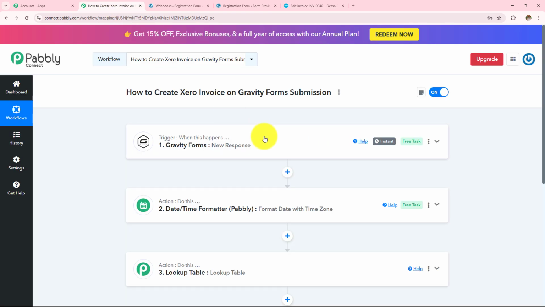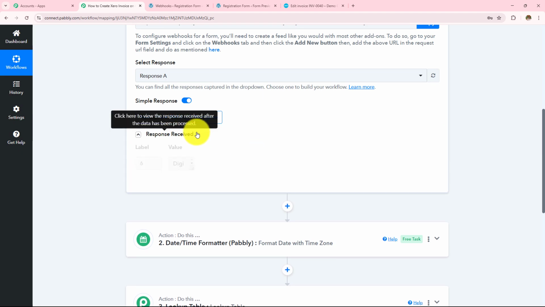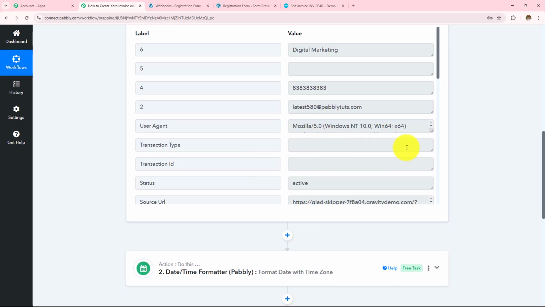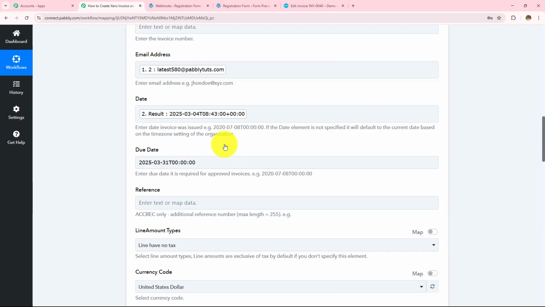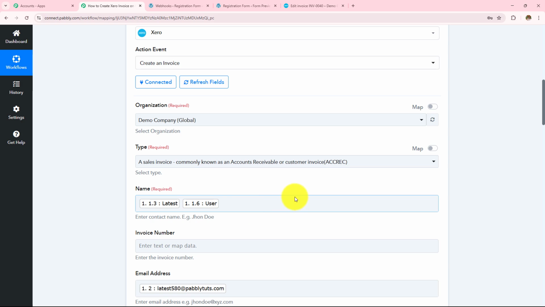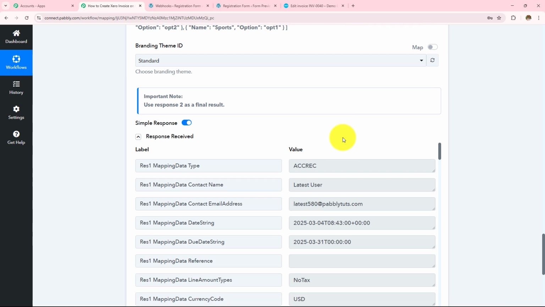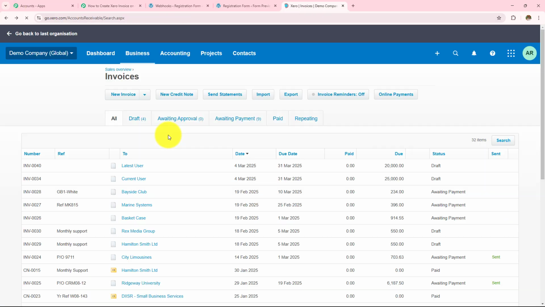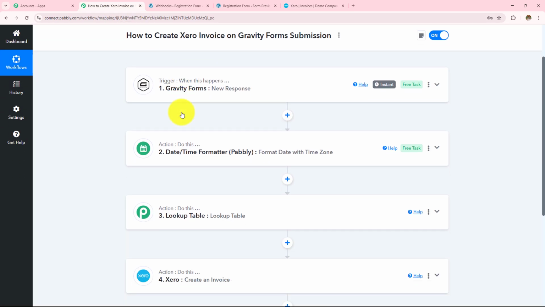Now to summarize, we took Gravity Forms as a trigger application, where we made a connection with Pabbly Connect with the help of this webhook URL. We submitted a form and received that response here in this workflow. Then we moved to the next step where we wanted to create the invoice. After the form submission, we took Xero as my action application, made a connection with Pabbly Connect, entered all the details with the help of a method called mapping, clicked on save and send test request, and received the response as the invoice being automatically and instantly created for my customers. This is how this automation workflow will run, and we have successfully created automation between Gravity Forms and Xero with the help of Pabbly Connect.